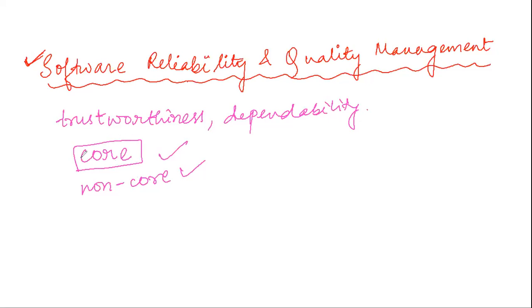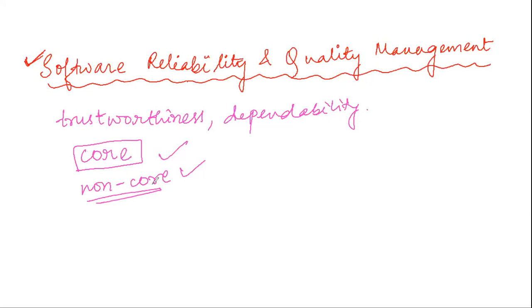And in the non-core part, what may fall? Suppose the documents of the CL part, or, if one employee is there, his or her address part. These are the non-core parts, because for payment we concentrate more on the account details and not the address part of the employee. Because when I am giving employment to someone, we have already checked the Aadhaar cards and PAN cards innumerable times, right? So this will fall under the section of non-core part.